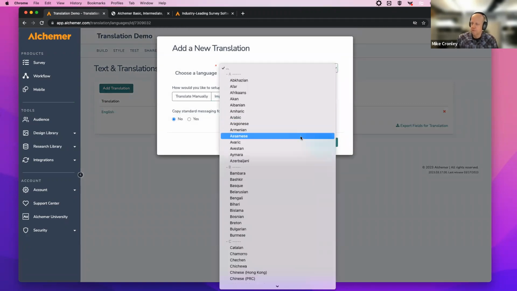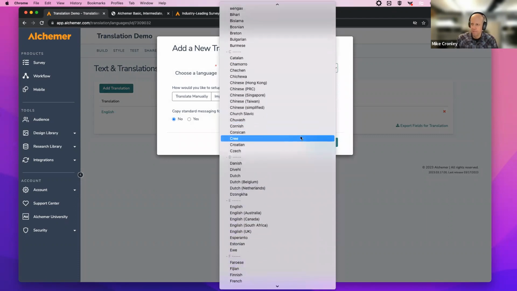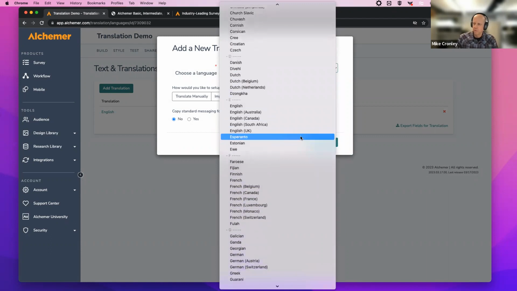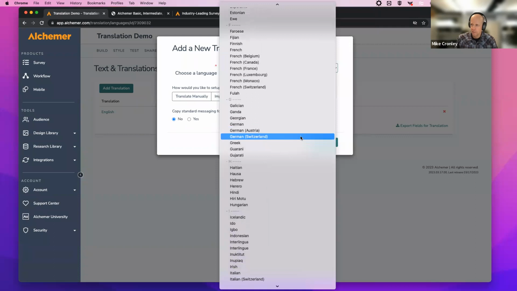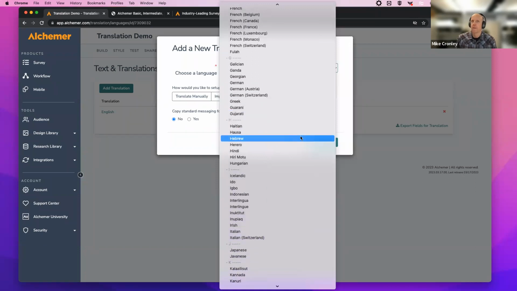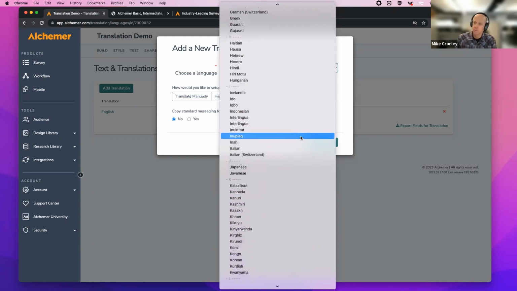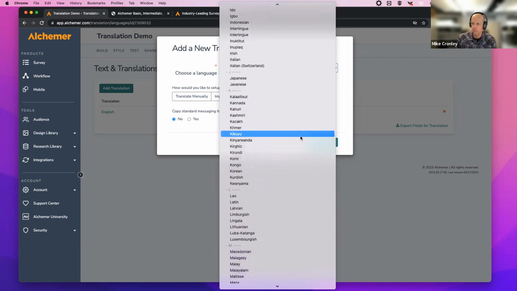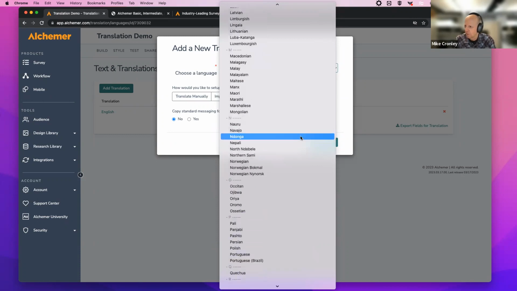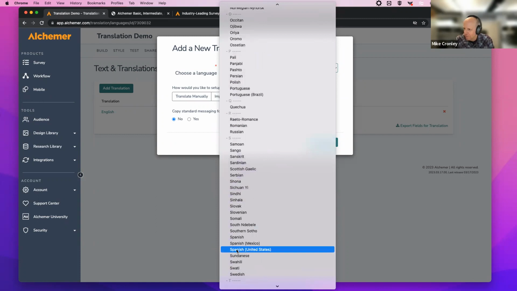And this is a step that has to be accomplished. And one of the great things about our platform is when you go through these steps and set up translation, our system will recognize the computer setting of the person who is taking the survey, and it will switch the language automatically to display that language that's in the translation. So I was going to go through to get to Spanish. It's taking longer than I thought. Let me get to Spanish United States.